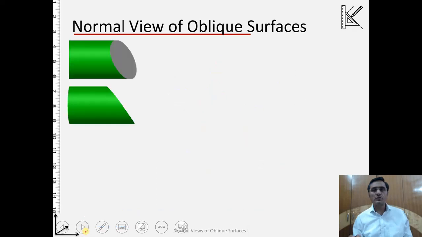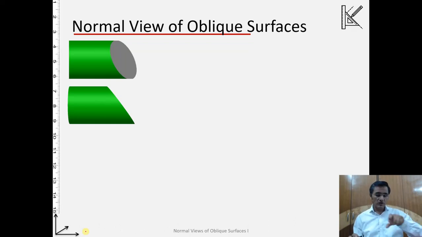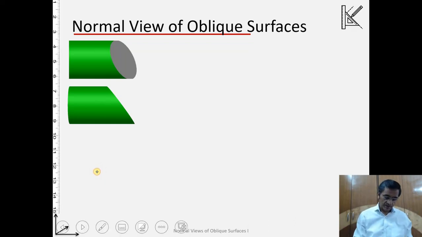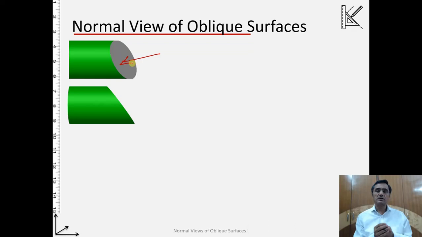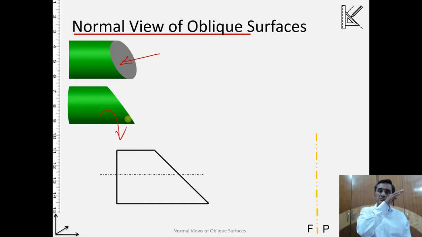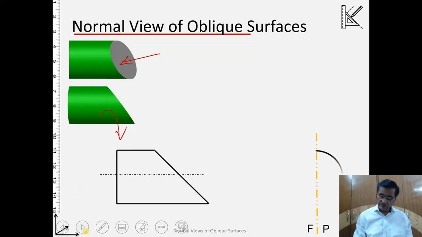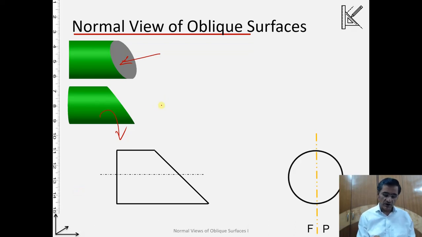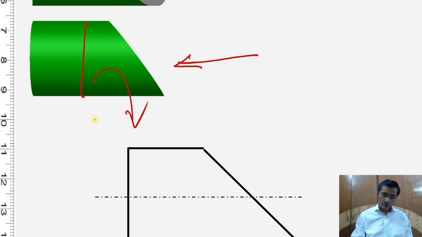Okay, one more, again a simpler case, and here is an object. A solid cylinder has been sliced, and we want to create the true view of this, because this will not come in any of the principal planes as the true view. So if we create the frontal view, that's the frontal view of the solid after we slice it, and the profile view of this looks like this, because profile means if you see it from here, it will appear as the circular view.